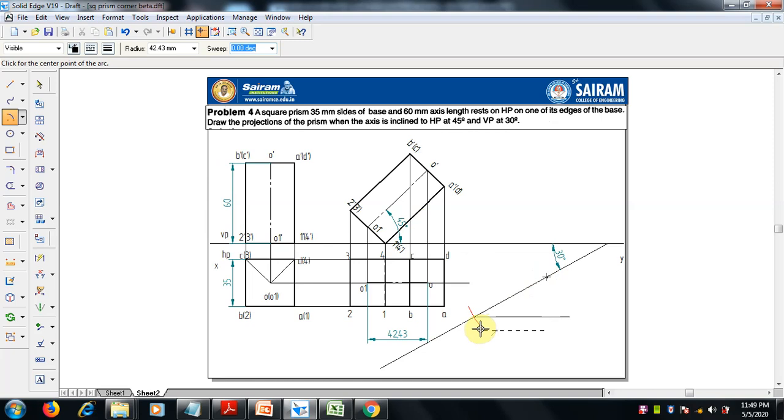Okay, you can see if you select this arc, it automatically shows the center point. There we can make an arc in this line. Okay, so this is the end point. From here you can draw a line, we can make the line.